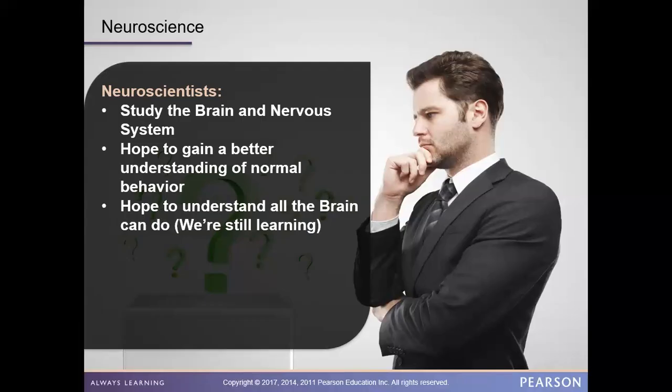We're still learning. Anybody ever heard the myth that we only use 10% of our mind? That's not true. It's a falsehood. It's not a real thing. We use all of our mind, but we're not quite yet sure fully everything that our mind can do. So because we're still learning everything that our mind can do, we fall into this assumption we're only using 10% of it, but we're not. We're using all of it, but the mind is so complex that we could be studying it for a very, very long time. As a neuroscientist, if I can focus in on what the nervous system is doing, then that gives me some clues as to how the mind works.